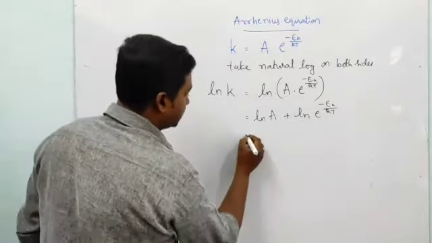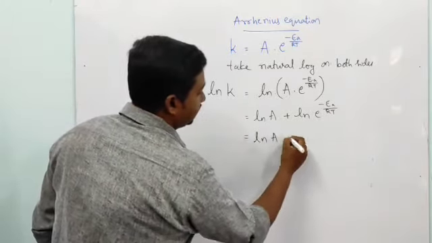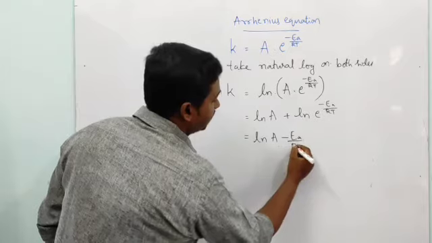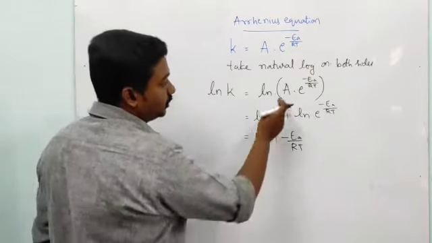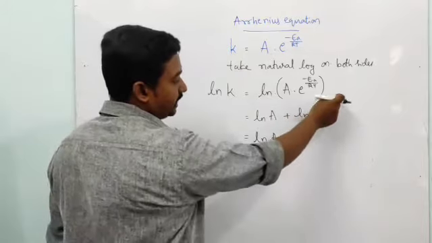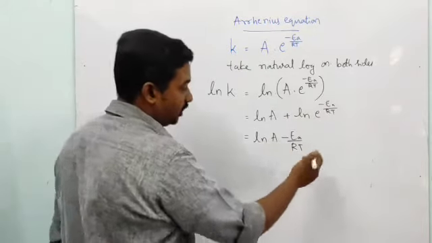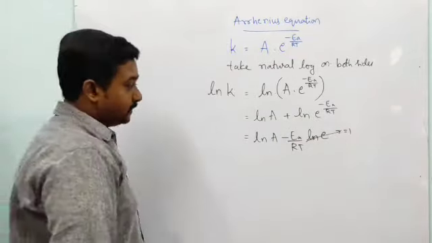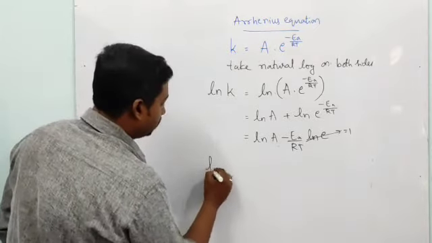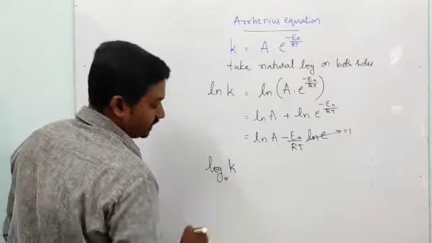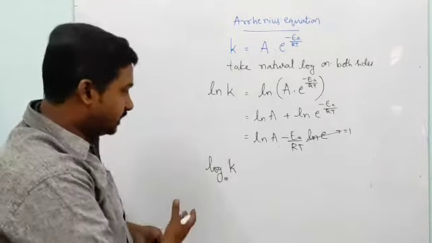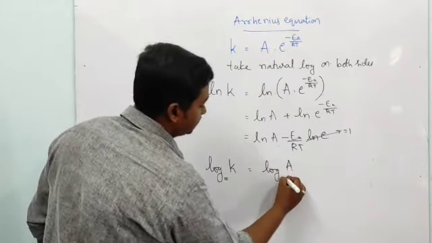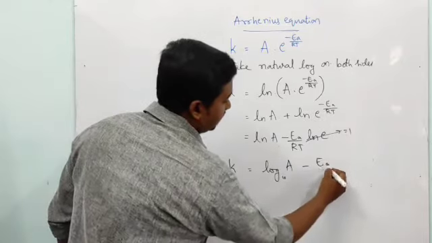Okay, once again we can simplify this. In the second term, take the power to the coefficient, which becomes minus Ea by RT. These are the principles of logarithm. As we know, product can be converted into sum here, and power exponentiation can be converted into coefficient or product. So this becomes ln e, and this value is equal to 1. So on changing this to log 10, log k to the base 10, even if 10 is not written, it is understood it is base 10, is equal to log of A to the base 10 minus Ea by